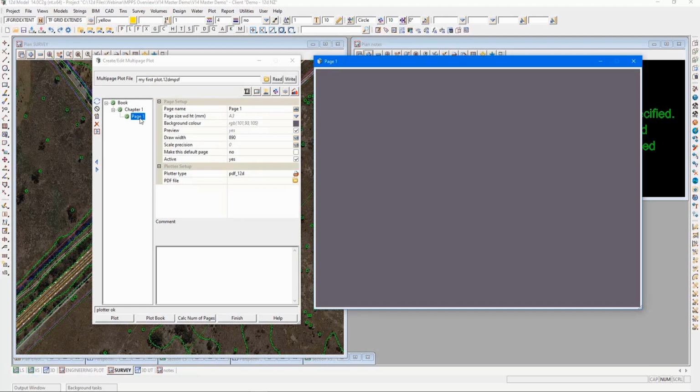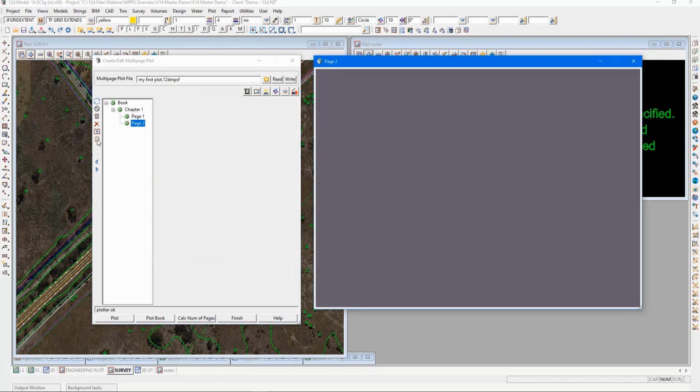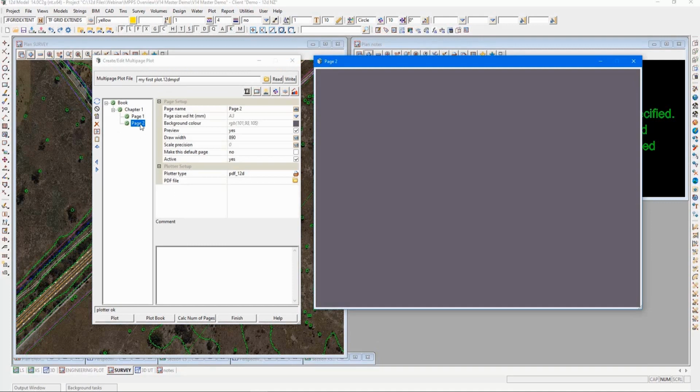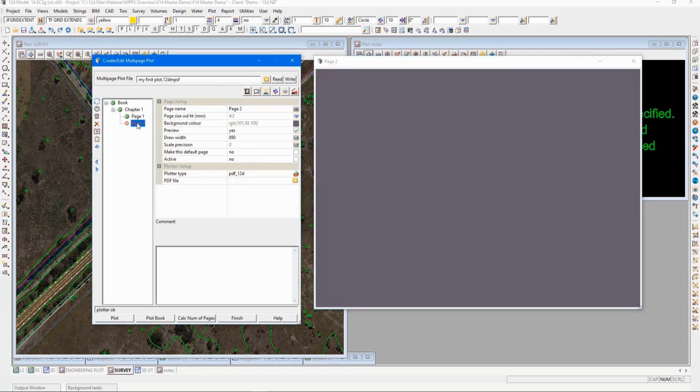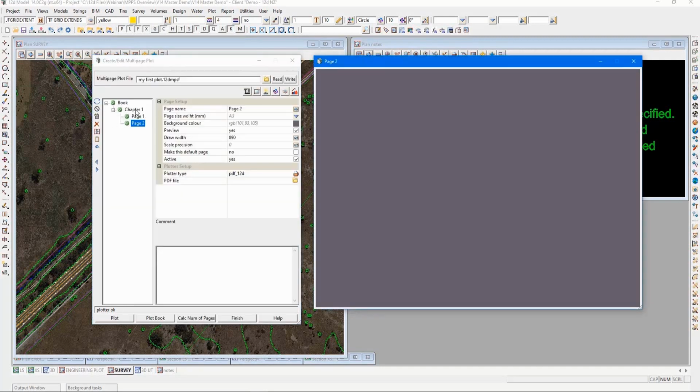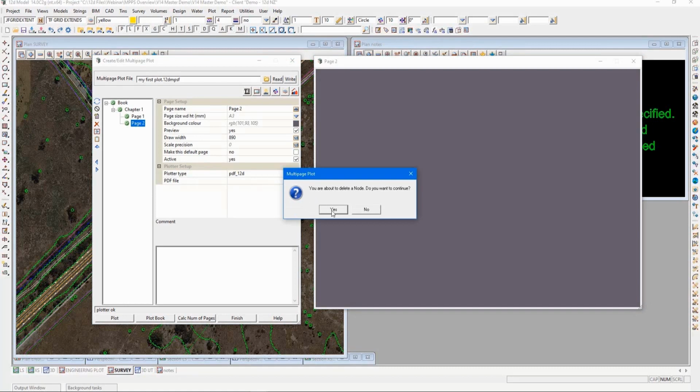And at any stage, once you set these up, you can copy and paste chapters or pages, or activate them or deactivate them at any time. So if I go and copy that page and go paste, you can see it's automatically populated to page number 2. If I didn't want that subnode currently active within the MPS file, I could simply deactivate that subnode, and you'll see that that's not being applied. Or if I reactivate it, if I don't want it in its entirety, I can always delete that subnode out